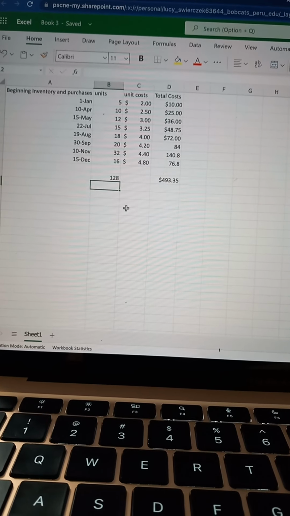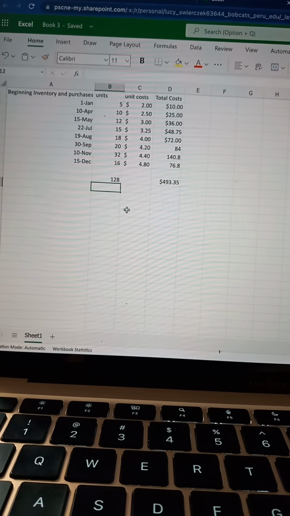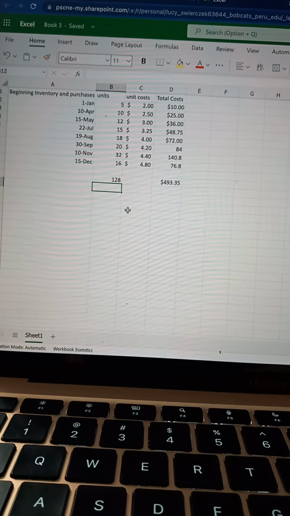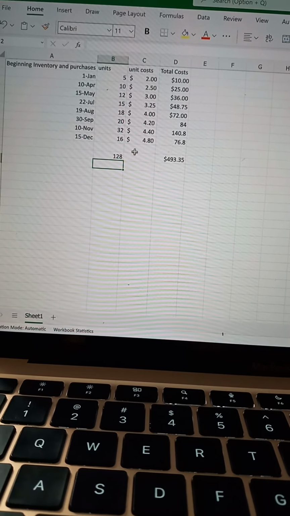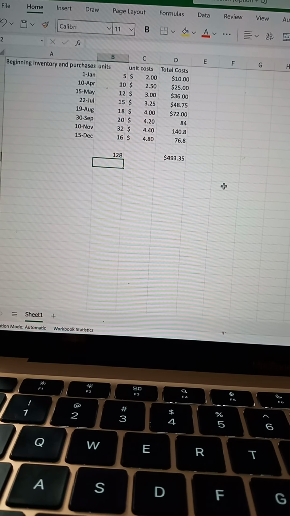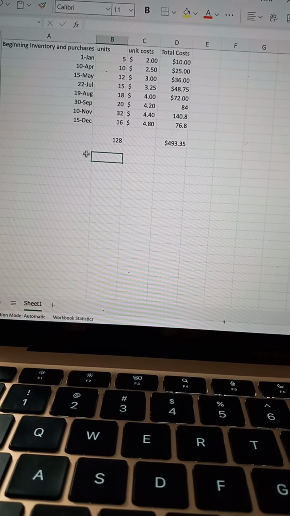In 18-13 through 18-15, they ask for the LIFO, FIFO, and weighted average of the values that were previously done in 18-5 all the way through 18-12. So what we're going to do